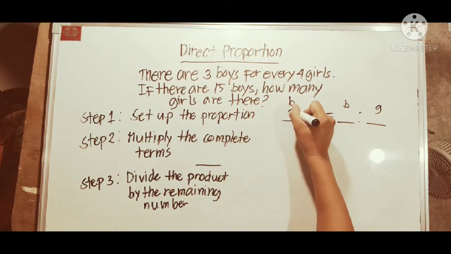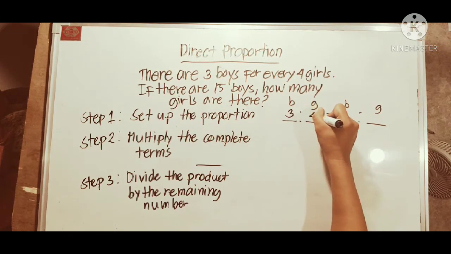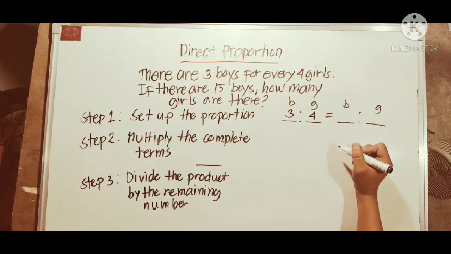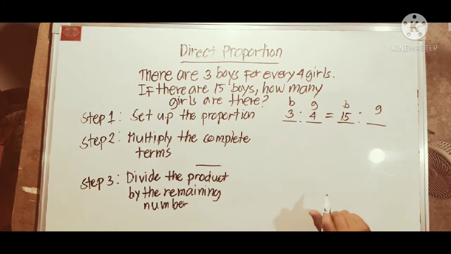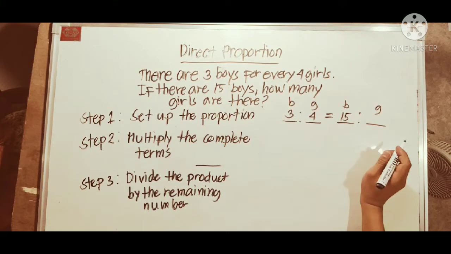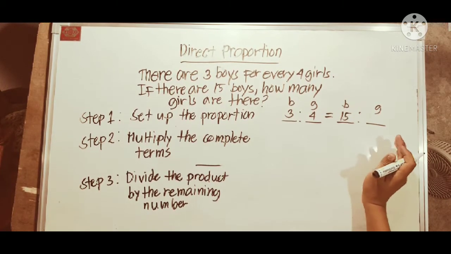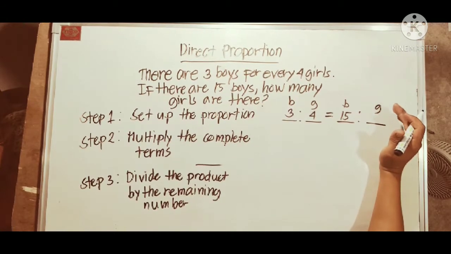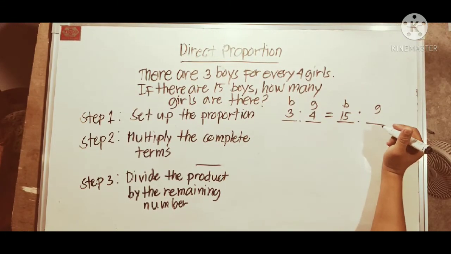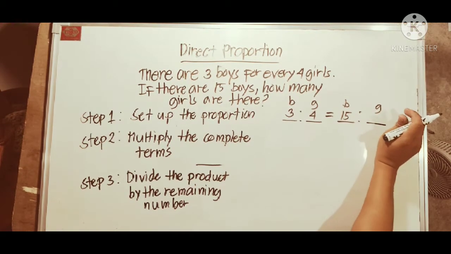So again, after doing step 1, you will see that there is only one blank. And again, this is not partitive. It only means that it can be direct proportion or inverse. So, eto direct to. No? Pag dumami yung boys, dapat dumami rin yung number of girls. So, ngayon, dahil natukoy na natin, we're able to tell that this is direct proportion problem, we can already proceed